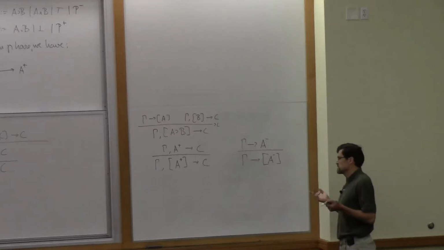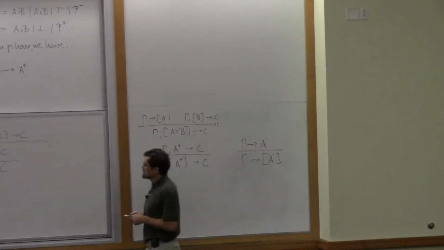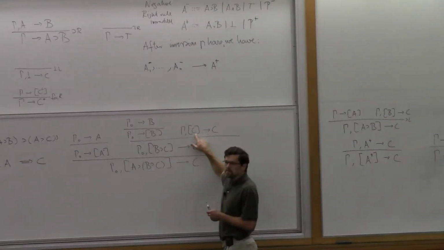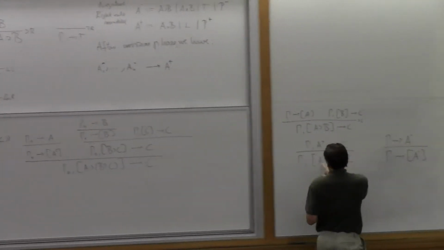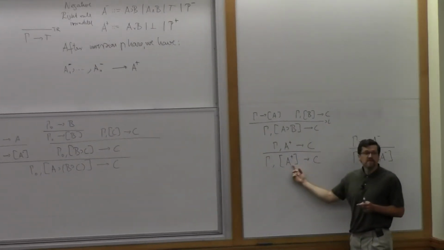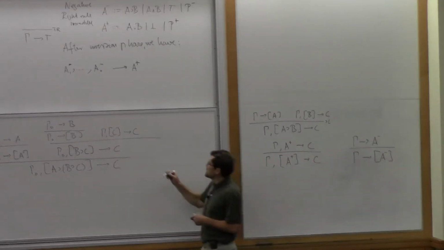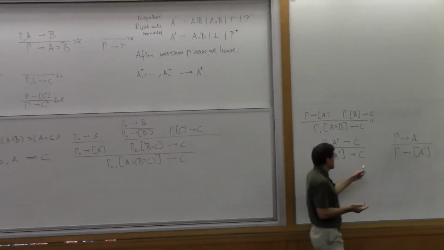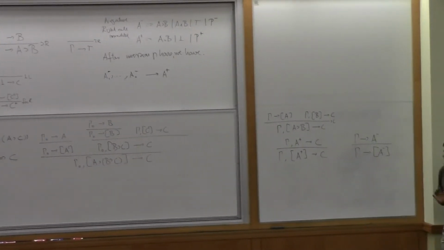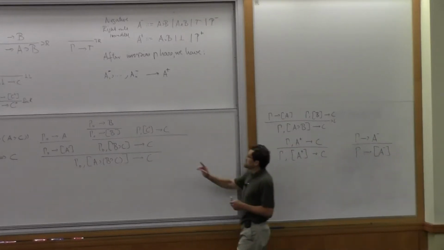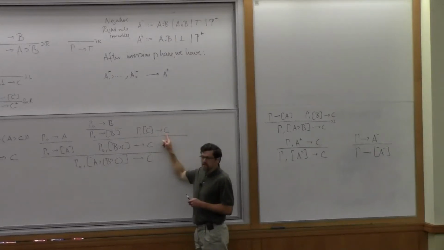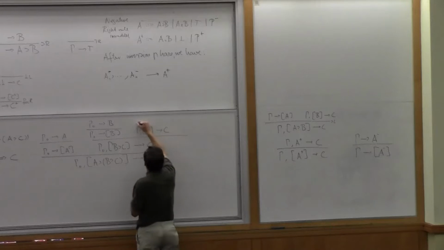So let's do atoms now then. So the question is, what happens when I'm focused on a negative atom? According to this rule, I'm not allowed to drop out of focus, right? Because it's not positive, it's a negative atom. And in fact, we are in the situation if we make all atoms negative, right? We have a negative atom here and we're in focus. So we can't drop out of focus because it's not positive. There's nothing invertible. So what we do here is we finish off the proof with the identity rule if this negative atom matches this one over here. So here we apply the identity for negative atoms.